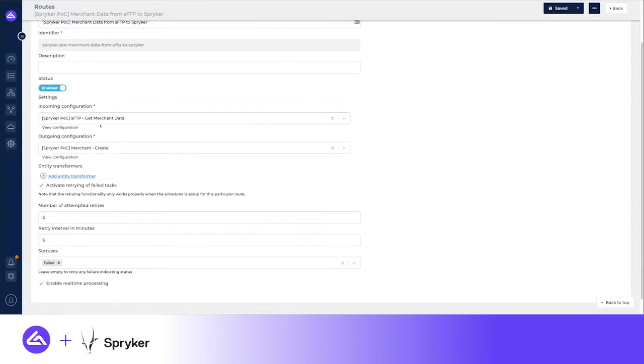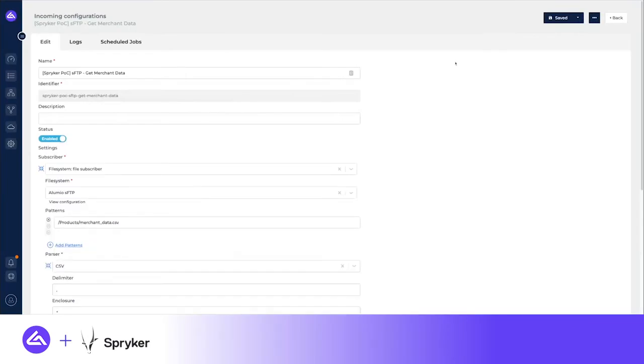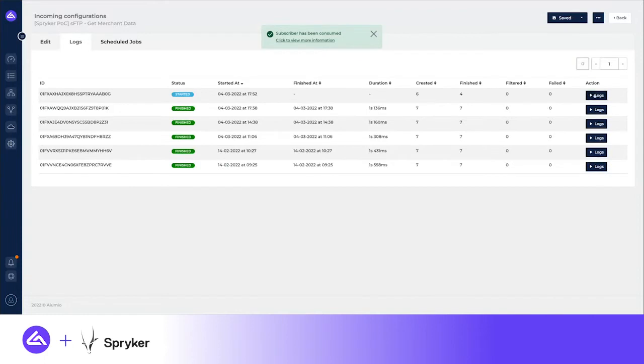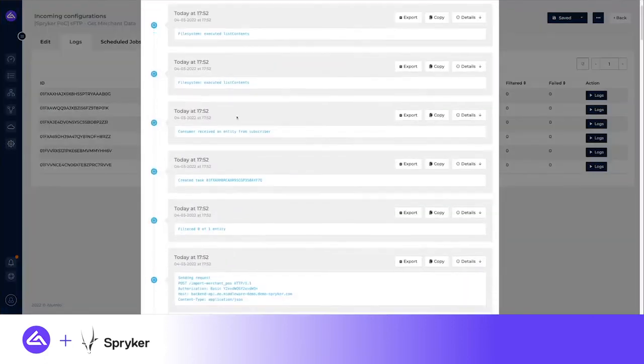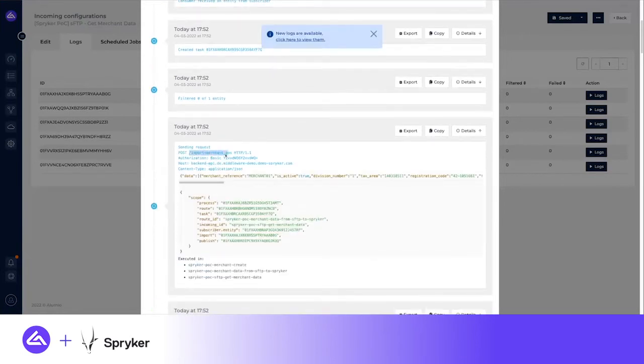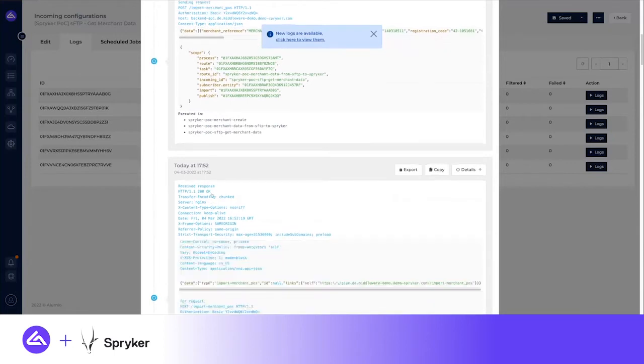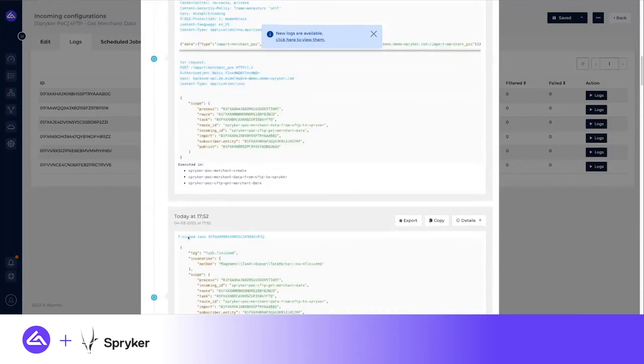So let's go to this import. If I run the incoming, this will take a little bit because it's going to do the import, but also immediately export the data towards Spryker. But if we go to the logging and refresh the processes found here, we can see the logs. We can see that a task is being created. We can see that Alumio is doing an API call to this endpoint. We can see that it has been accepted by Spryker. And we can also see that the same task has become finished,